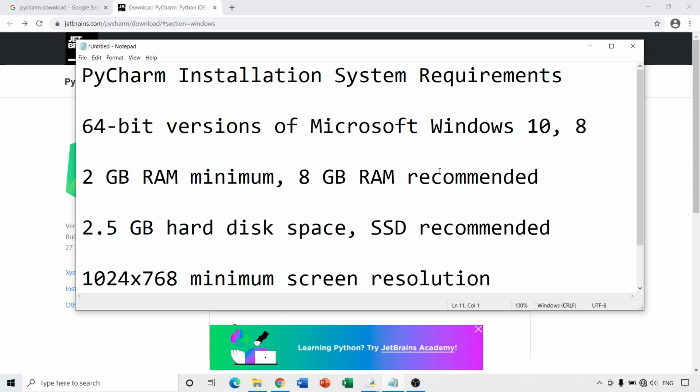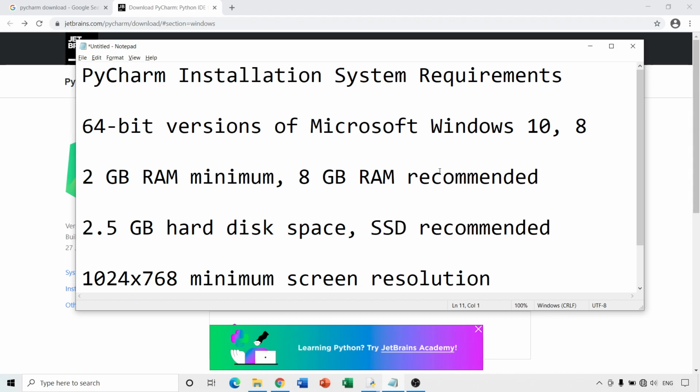Say for example, for the 64-bit version of Microsoft Windows, it requires a minimum of 2 GB of RAM, though 8 GB is recommended, 2.5 GB of hard disk space, and an SSD is recommended. Yes, believe me, I have been using PyCharm since long. It takes some time when you load PyCharm. Once you load PyCharm to execute the programs, it does not take that much time.